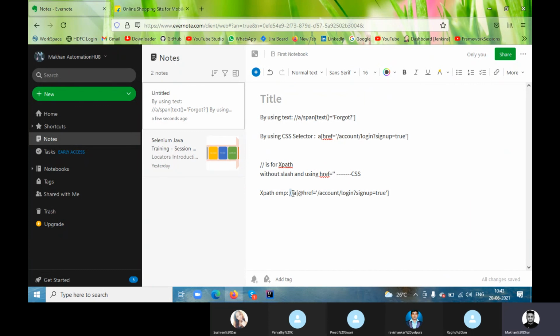So XPath syntax is double slash, then the tag name, bracket start, whatever the attribute name is, equals, and the double quote, and close the bracket. So both are different, you can see, right? The value is the same. The only change you can see is the @ symbol is missing here. Also the slash is missing, because for CSS selector you can't use / and @ symbol.